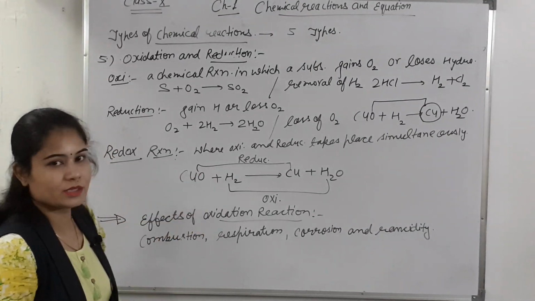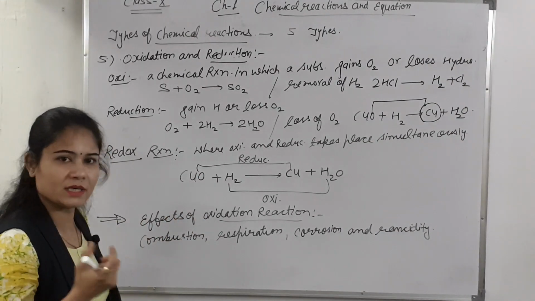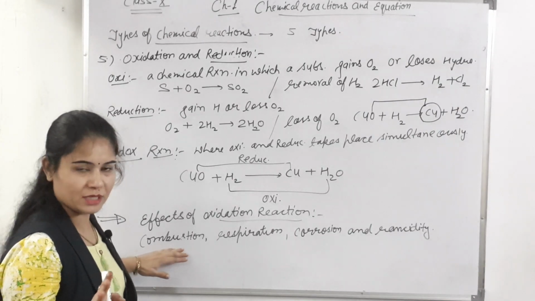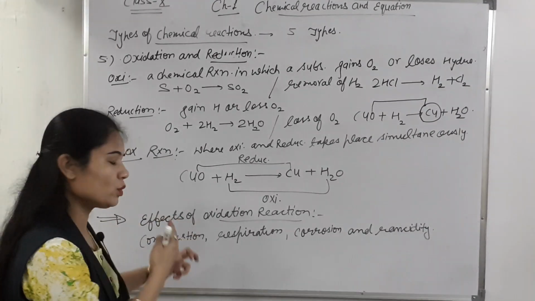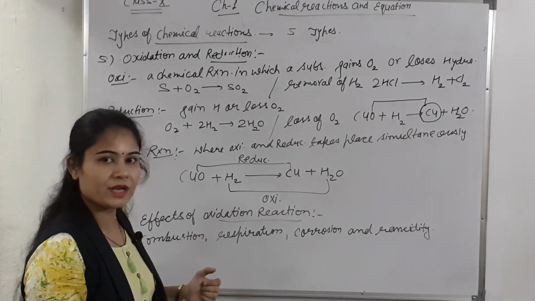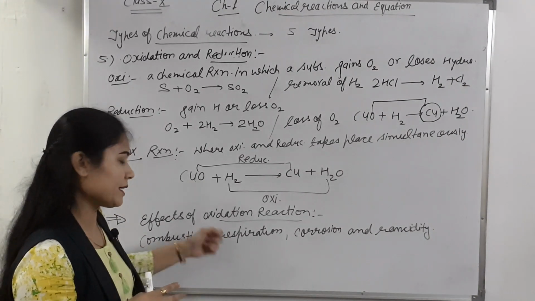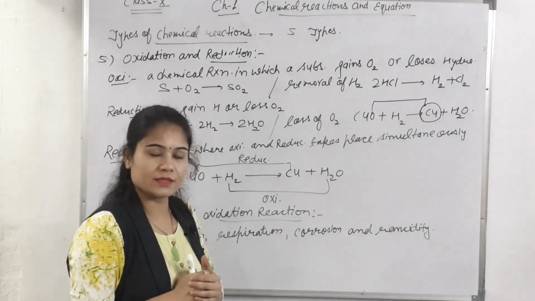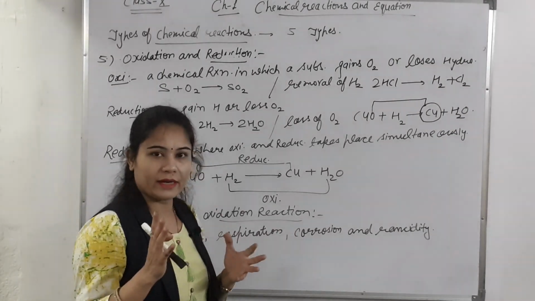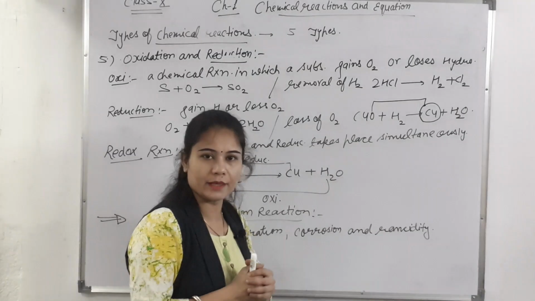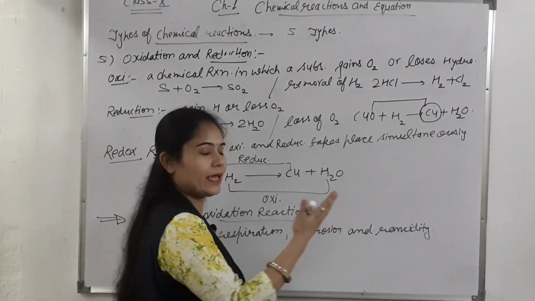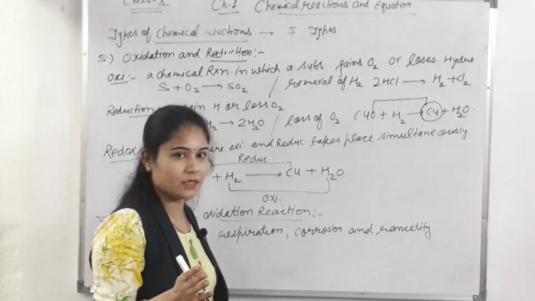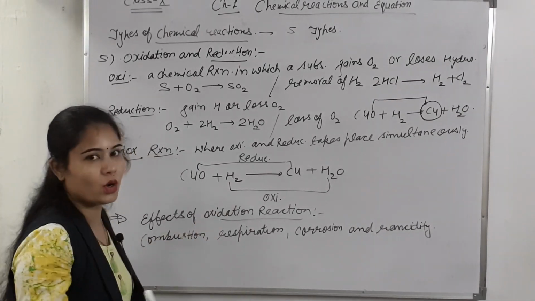That is the effects of oxidation reaction. We have separate subtopics: combustion reaction, exactly with the help of energy. Combustion means a compound breaks into simpler compounds. Respiration reaction in our body, the respiration process, also occurs with the help of energy. Next is corrosion reaction, that is the effect on iron. And the last one is rancidity, that means butter, just like any eatable product, getting spoiled. So you have to read these processes, the effects of oxidation reactions.